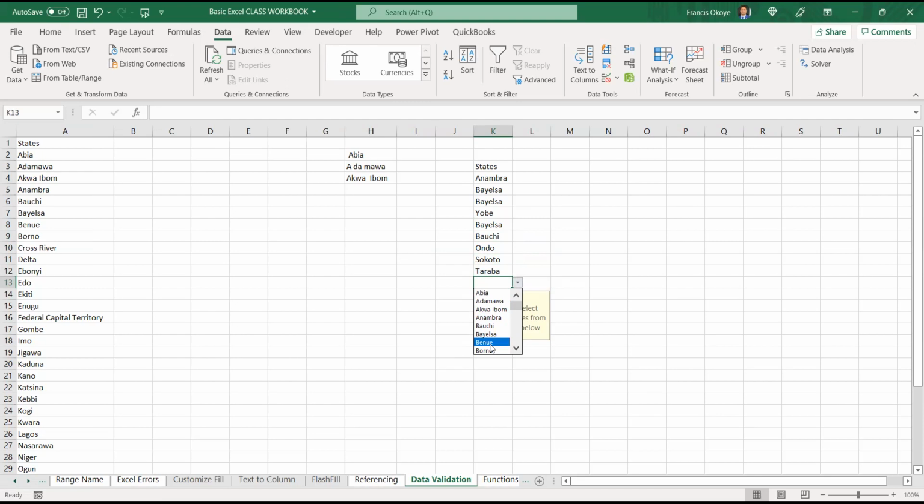Their own job is to collect the data. But remember that this data is going to be analyzed. So the moment you allow them to type whatever they want, you are just going to be having errors.